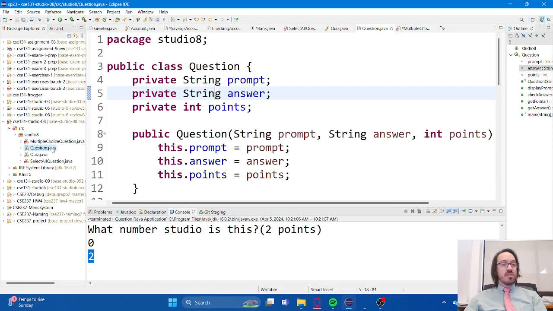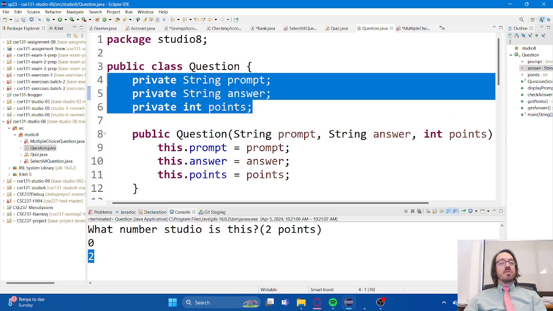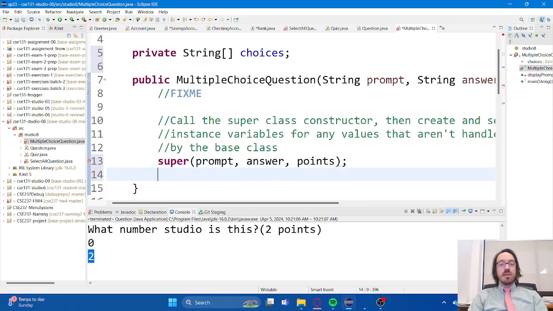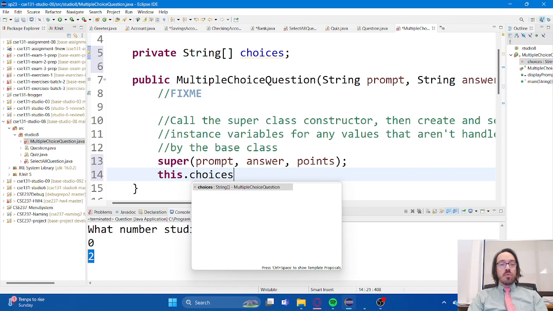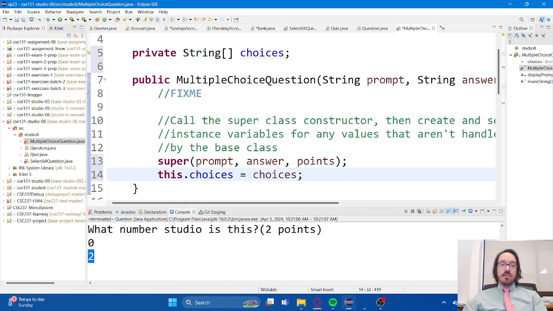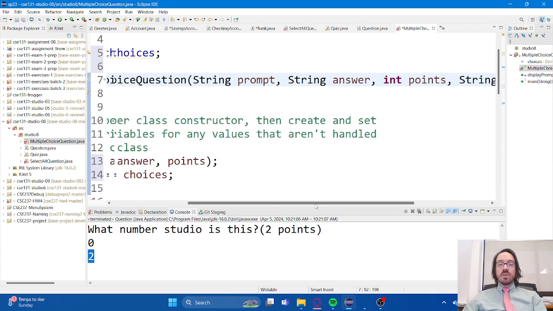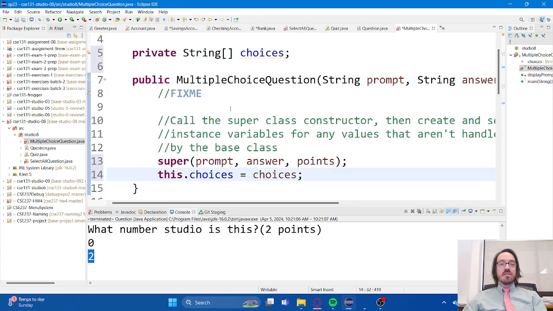So if you need to refresh, you can always take a look and see that it takes in those 3 parameters and is responsible for setting those 3 variables. So we'll go ahead and do that by using the super keyword, plug in the prompt, the answer, and the number of points. We're still responsible for setting this instance variable as well, so we need to do that the normal way. We're accepting this choices parameter here with our list of choices and storing that in the instance variable,